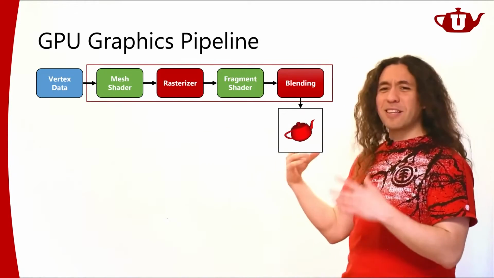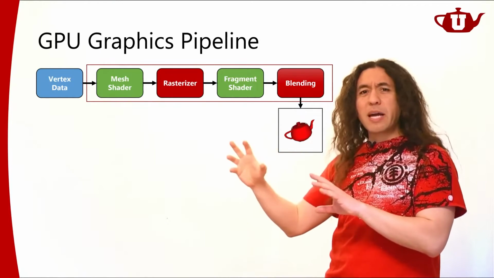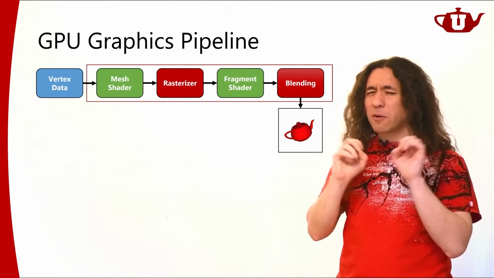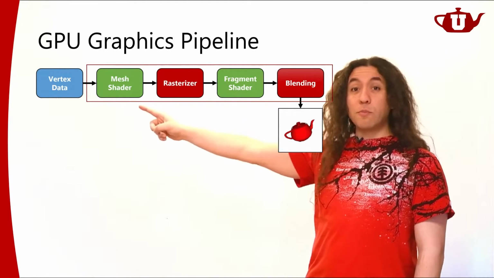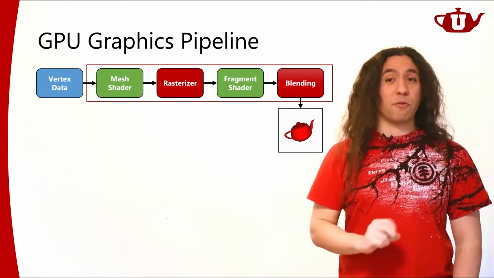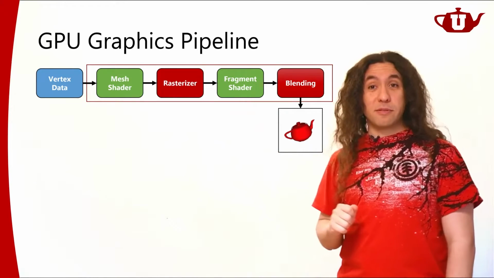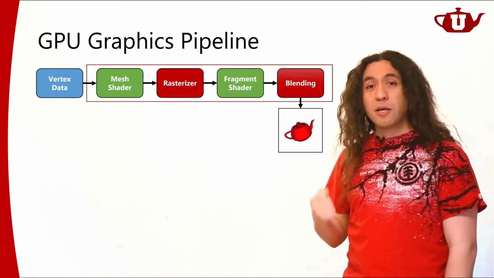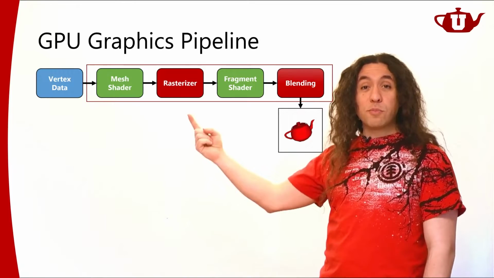You can think about this as an uber vertex shader, but it's not a vertex shader, right? It's not operating per vertex or anything. If anything, this is more like a compute shader. This is a very specific type of compute shader. It's a compute shader that outputs primitives. I think that's the best way of thinking about the mesh shader. It's a compute shader that's going to output primitives.